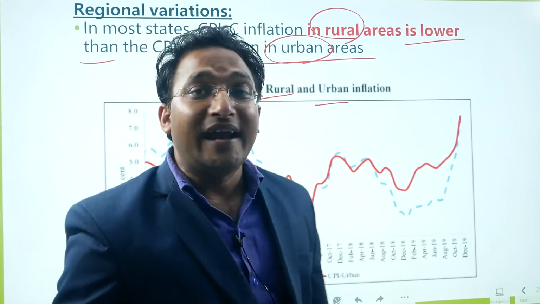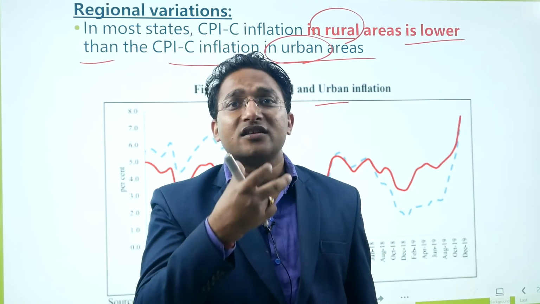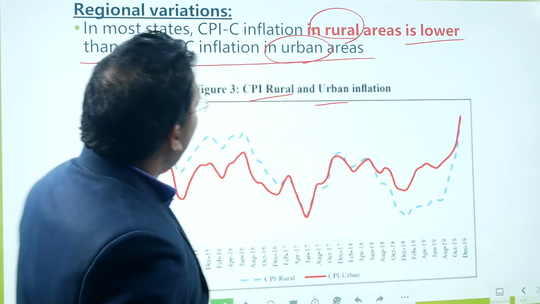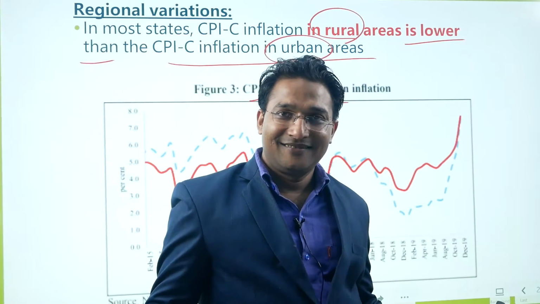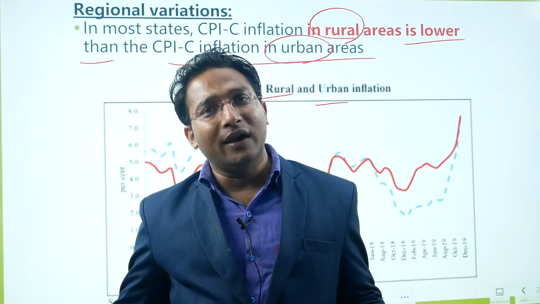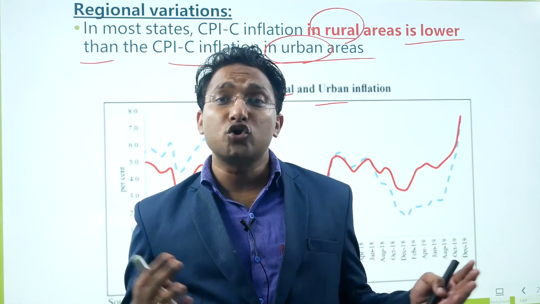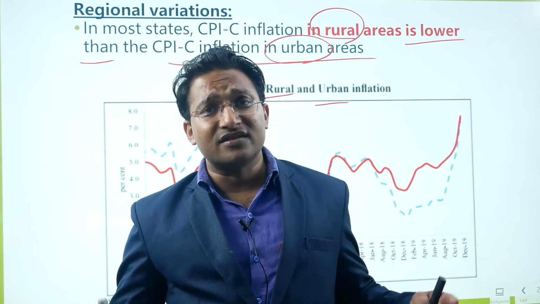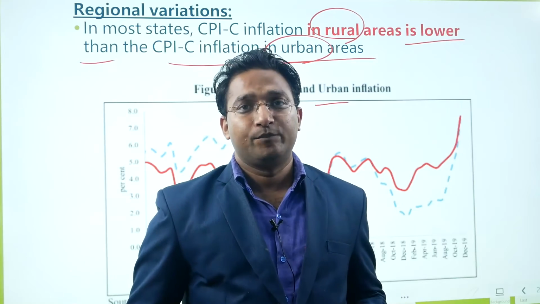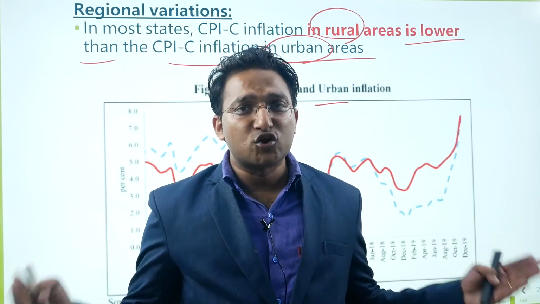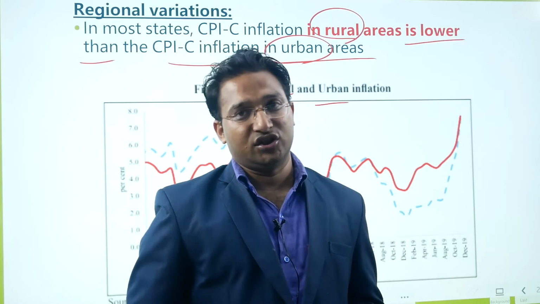And can you guess why this is happening? Can you use your guess why this is happening? So in the rural areas, the food inflation is less because the production is happening in the local area and the consumer can buy directly from the farmers, or in most of the cases they themselves are the producers. So there is very less presence of the middleman. Because of that, the food inflation tends to be low, and food inflation is almost 45% of the total CPI inflation, right?